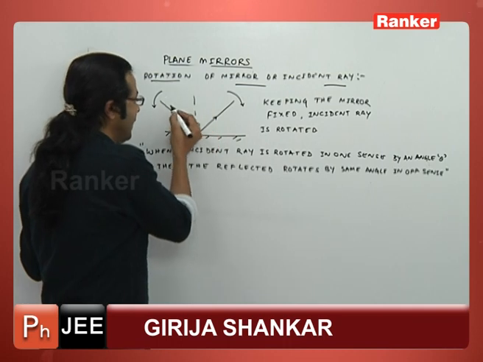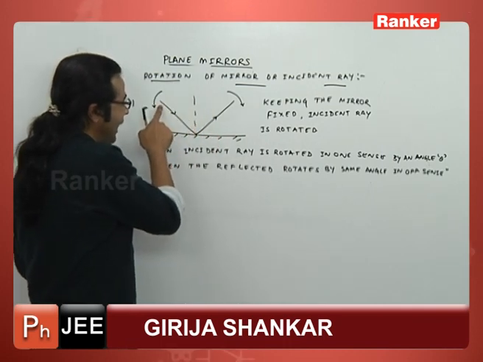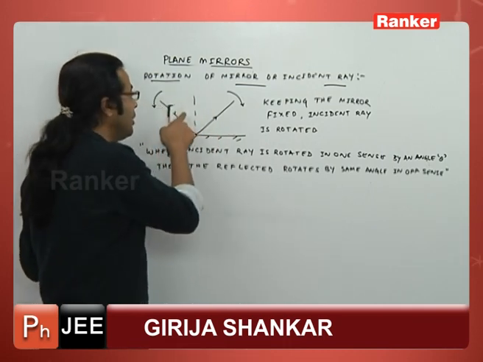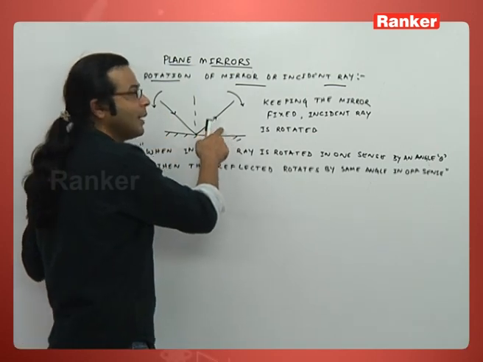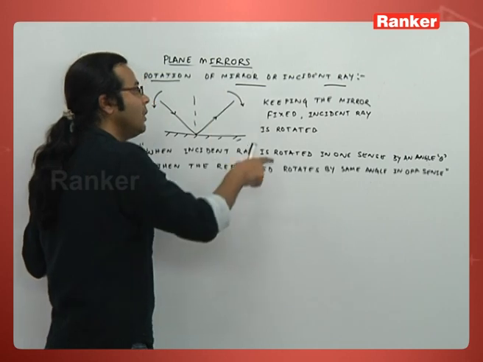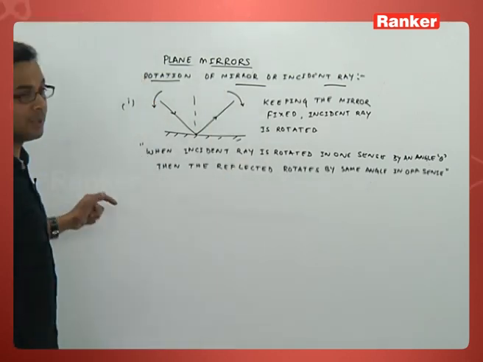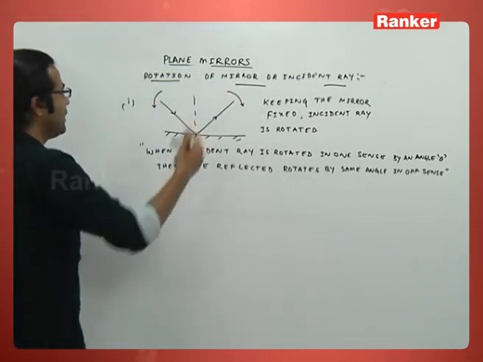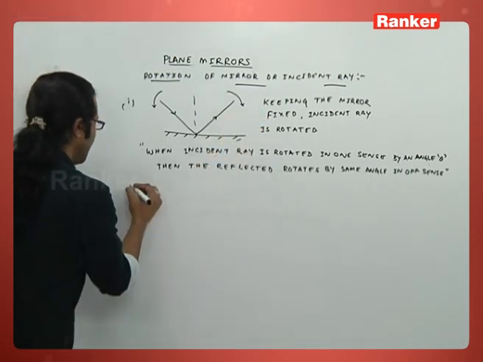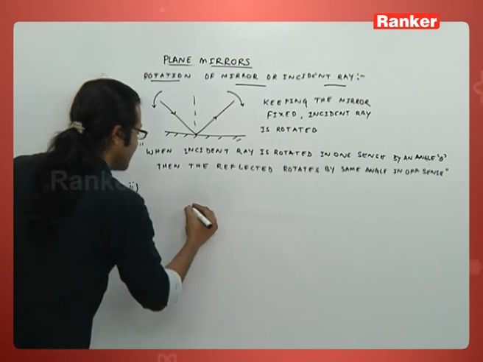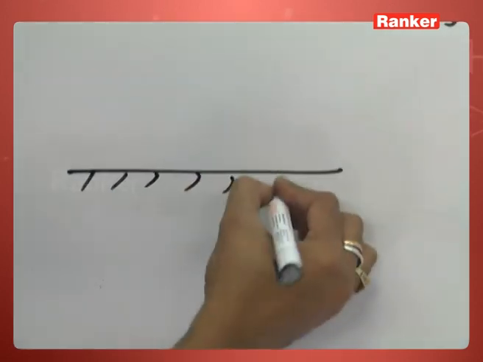So if you look carefully, the angle made by the incident ray with the normal is increasing. So the angle made by the reflected ray must increase, so it has to rotate in the opposite direction. This is keeping the mirror fixed, and the incident ray is rotated. Number 2 we can say, next I take this mirror,